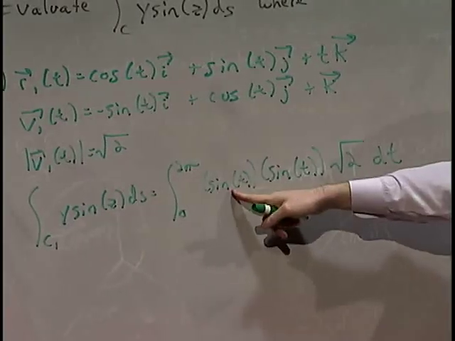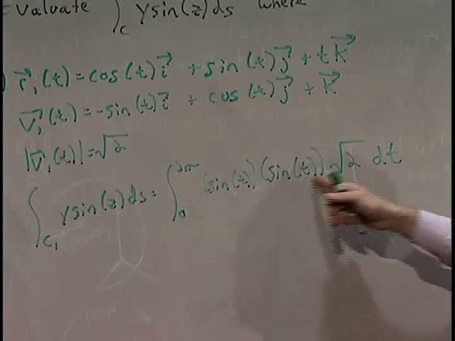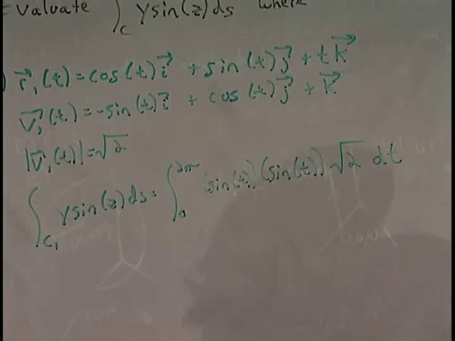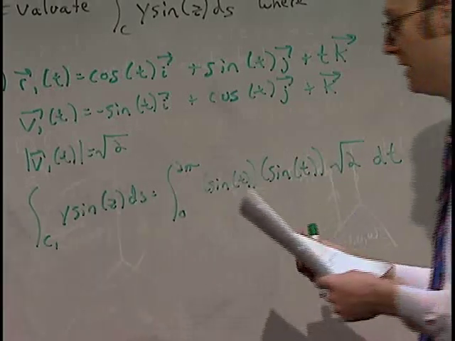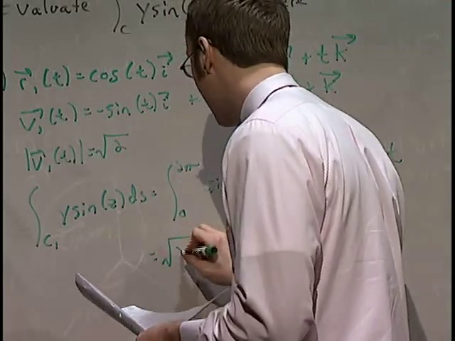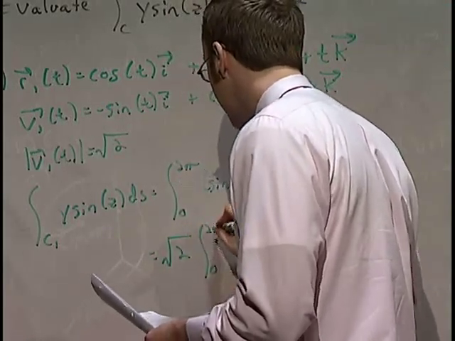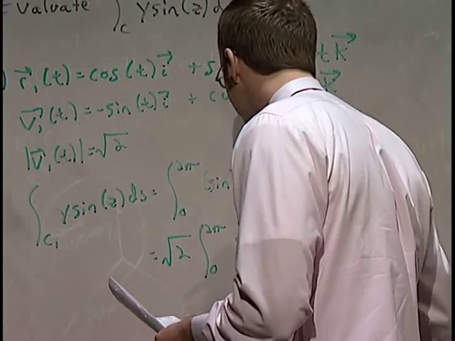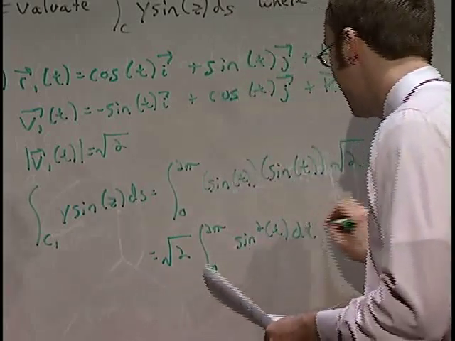So I plugged in for y, I plugged in for z, and I put my length of v of t over here, okay? So I can yank that root 2 out, integral 0 to 2 pi sine squared t dt,